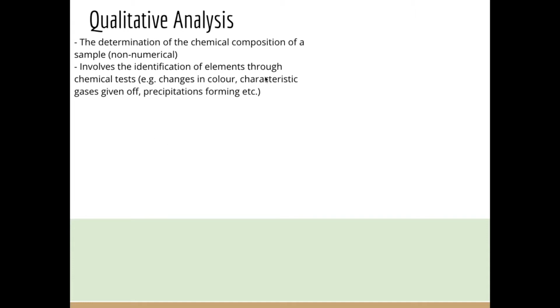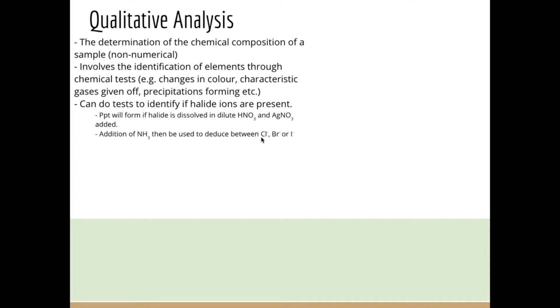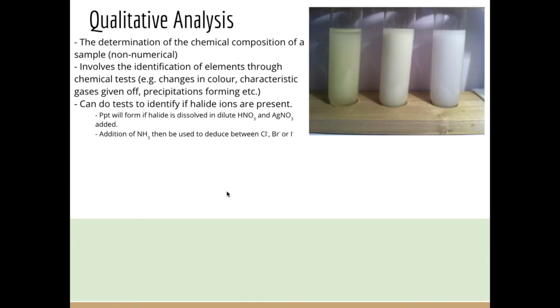So it involves the identification of elements through a number of chemical tests. These could include changes in color, characteristic gas given off, precipitates that form, and so on. There's a whole bunch of things that could apply here. We're going to look at some quick tests you can do to identify if a halide is present, say if you had an unknown sample. So, doing a qualitative analysis for a halide: a precipitate will form if the halide is dissolved in nitric acid and then you add silver nitrate. You can then differentiate between chloride, bromide, or iodide ions by the addition of ammonia,